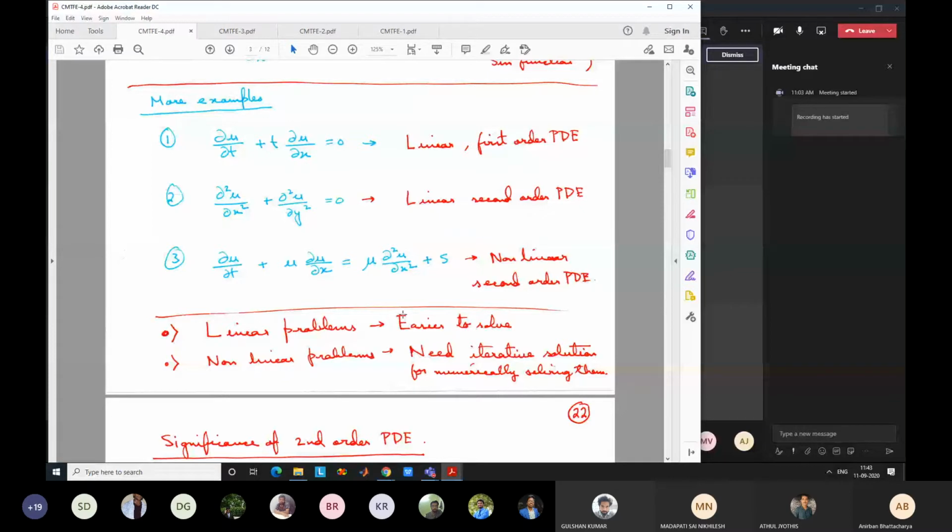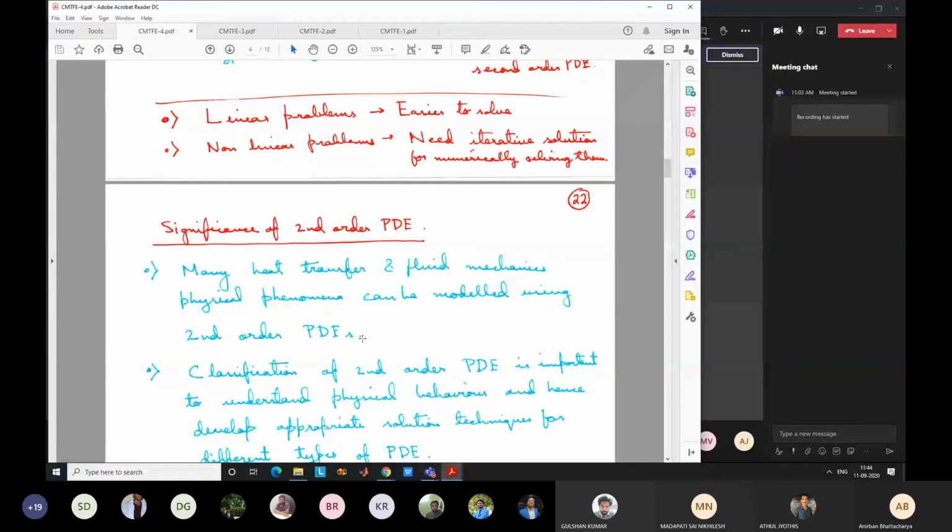If we want to develop optimized strategies for solving these problems numerically, like the best strategies, we should know this information, whether they are linear or non-linear. The strategy of solving a second order PDE is very different from that of a first order PDE. So that's why these things come into the picture. And that's why we also want to classify these PDEs into different categories, to better devise strategies for solving these equations. Okay. Now let us move on to one particular type of PDE, which is the second order PDE.